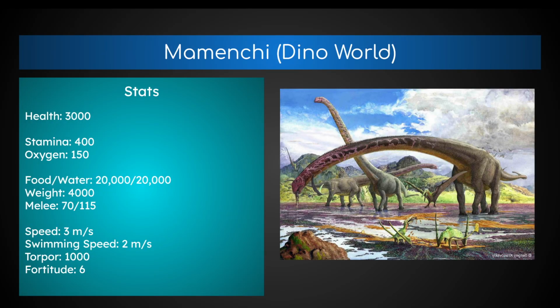So of course the Mamenchi in Dino World stats is a little bit upgraded from the Ark Survival stats, as it has 3,000 health instead of 2,500, stamina is 400 instead of 200, food is doubled to 20,000 instead of 10,000, so it's basically based off of the Dino World Brachiosaurus, just like the middle ground between a Brachiosaurus and a Brontosaurus kinda. Its weight is 4,000 instead of 2,500, and while its base damage is the same at 70,